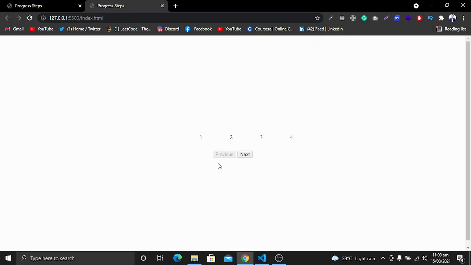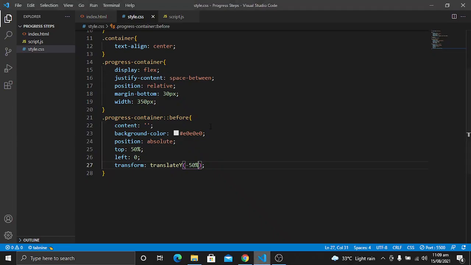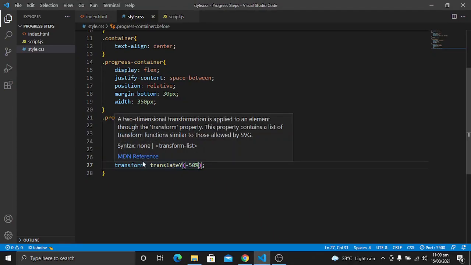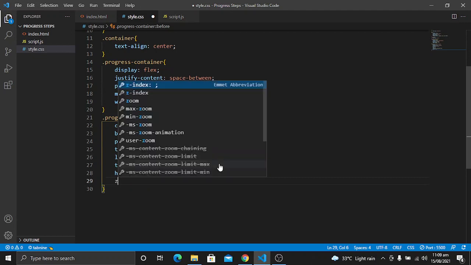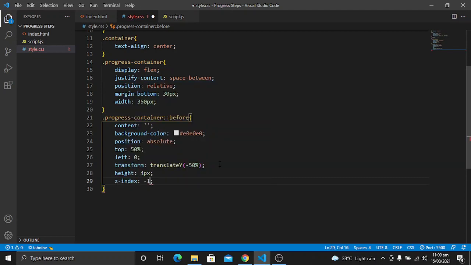So first of all, it's not working right now because I have just given it the before. So first of all, let's give it some height so we can see it. Let's give it a height of 4 pixels. Also give it a z-index of -1.